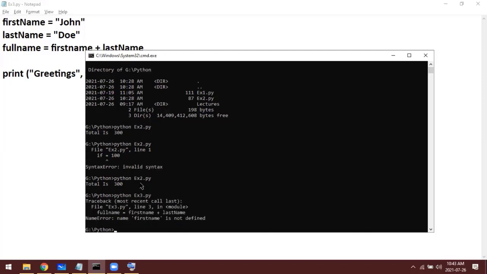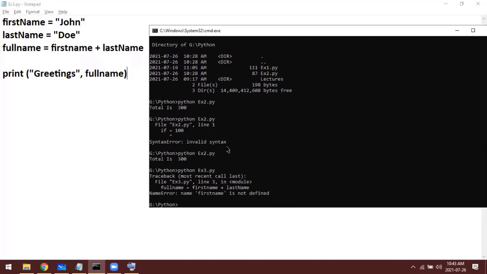ex3.py. So now we get an error, right? See here, it's good that we get an error. Now you see the error carefully. Name error. Name first name is not defined, so the error is here in line 3. 1, 2, 3.